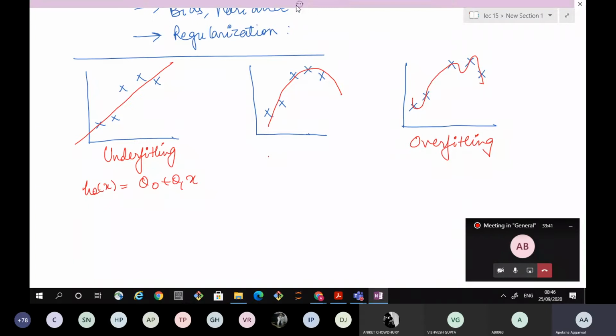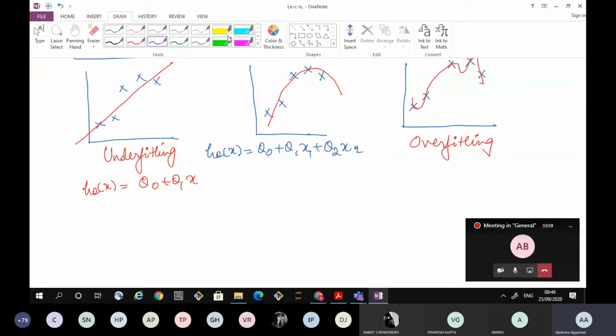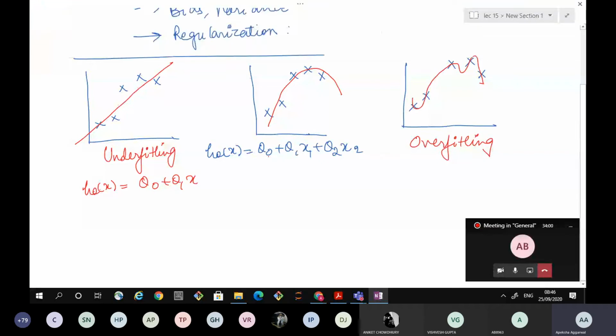Let's say h theta x equals theta naught plus theta 1 x plus theta 2 x2, with features x1 x2, and the equation for the third, overfitting part is,